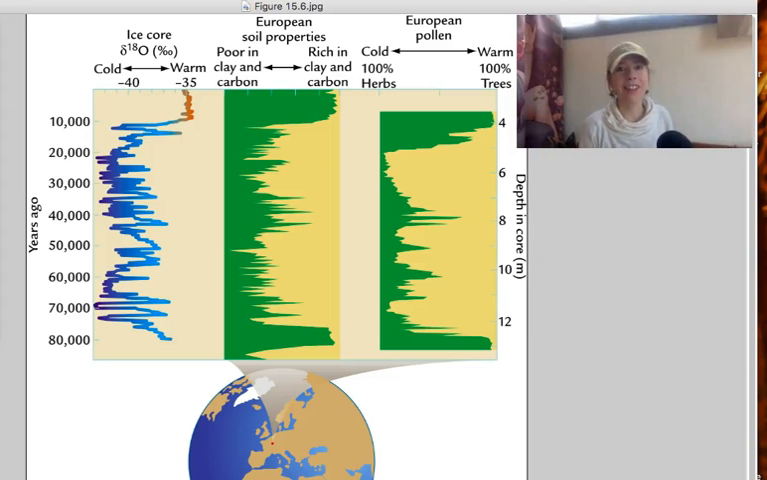Hi class, we are now looking at figure 15-6 in your Ruddiman textbook, and I really like this figure because we're looking at a few different types of climate proxies here that are telling the same story, and that's really a major goal in paleoclimate research, to be able to cross-reference some of these details to infer what past climate, so temperature and precipitation conditions, were like on